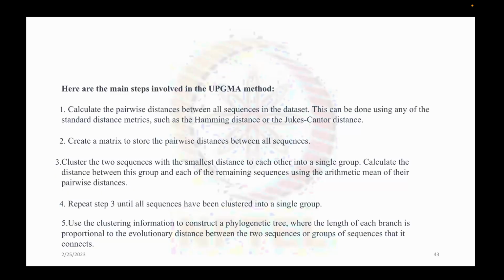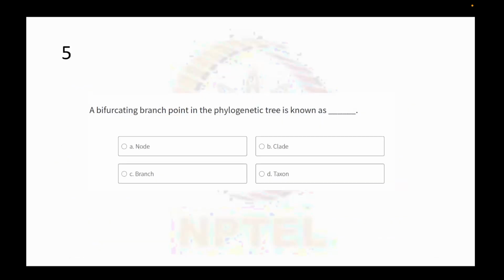Then use this clustering information to construct a phylogenetic tree where the length of each branch is proportional to the evolutionary distance between the two sequences or groups that it connects. Then a bifurcating branch point in a phylogenetic tree is known as